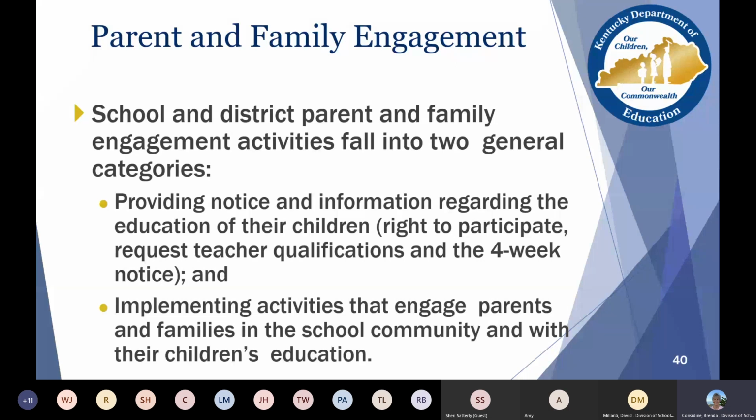Generally, those occur at the beginning of the year, either in a letter sent home or in the handbook, if the district has one, providing notice to parents of students receiving Title I at their school that there's a right to participate and that parents can request teacher qualifications and the 4-week notice for substitutes. And then implementing activities that engage parents and families in the community and in their children's education.